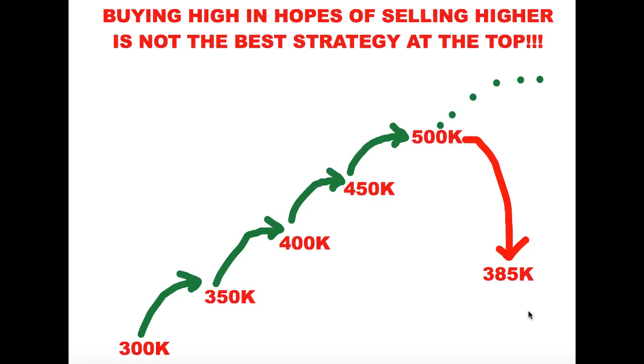But this is the beautiful thing about stocks. You can do that. And because most drops happen much faster than price action moving higher, utilizing short-term options makes the most sense. If you don't understand what that really means and how it can transform your trading account to where it could be up 400, 500, 1,000% over the next 3 weeks to 3 months, if you don't know what strategy you should be utilizing to take advantage of this,